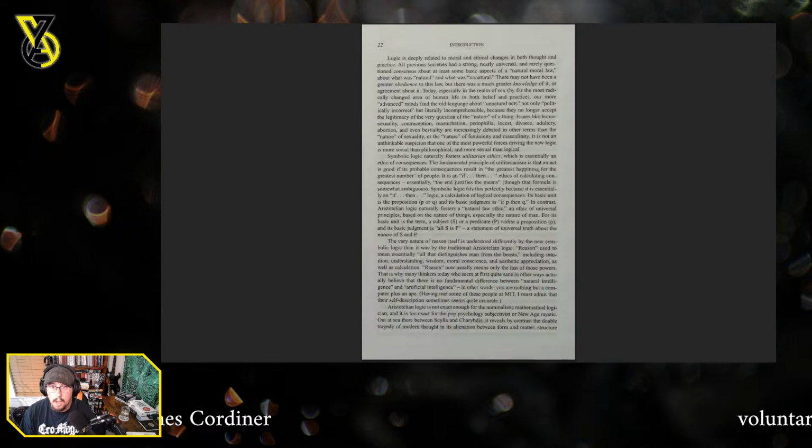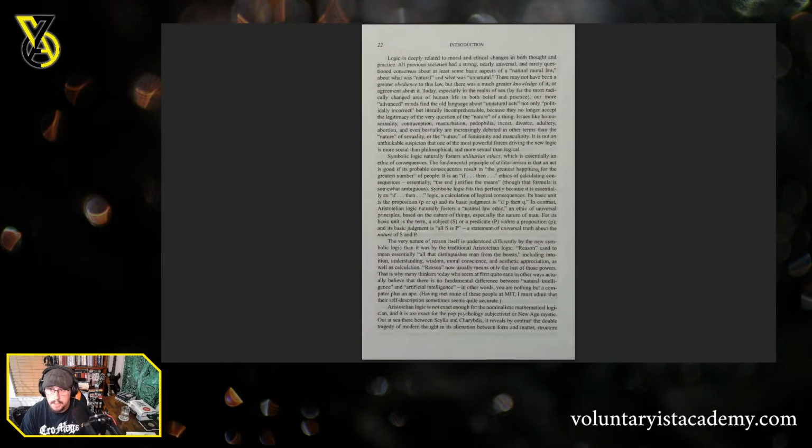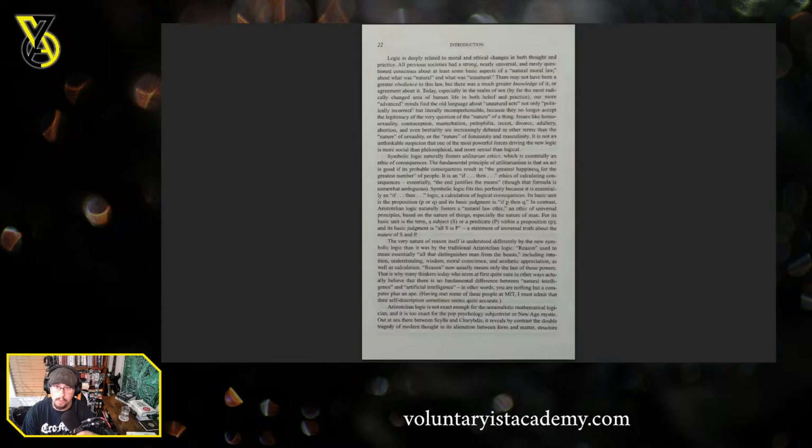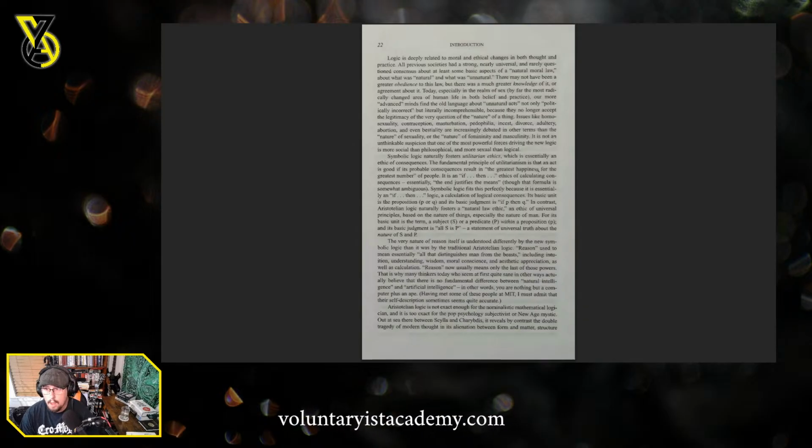Sabotage. Logic is deeply related to moral and ethical changes in both thought and practice. All previous societies had a strong, nearly universal, and rarely questioned consensus about at least some basic aspects of a natural moral law, about what was natural and what was unnatural. There may not have been a greater obedience to this law, but there was a much greater knowledge of it